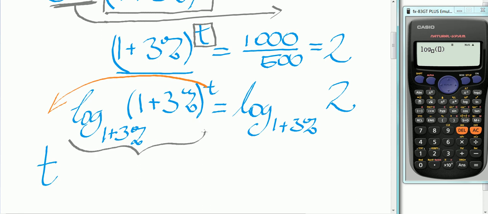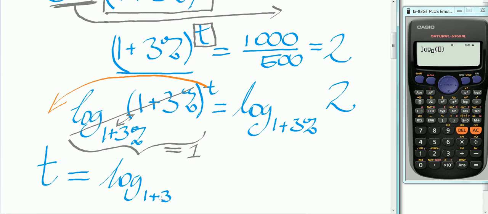Now, another log rule that you might remember is when I'm taking the log of something but the base is the same. What do I mean? See there, the base and what I'm taking the log of match. When that happens, they cancel out and I'm left with a 1. So altogether I'm just left with t on that side, because this term here is just equal to 1, and t times 1 equals t. So altogether I have t equals